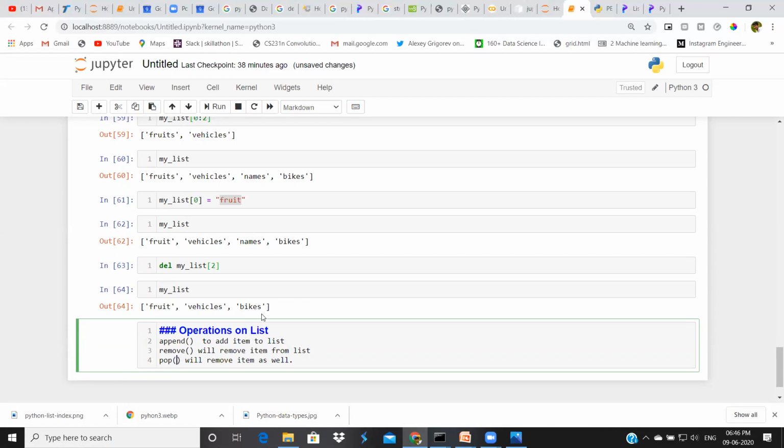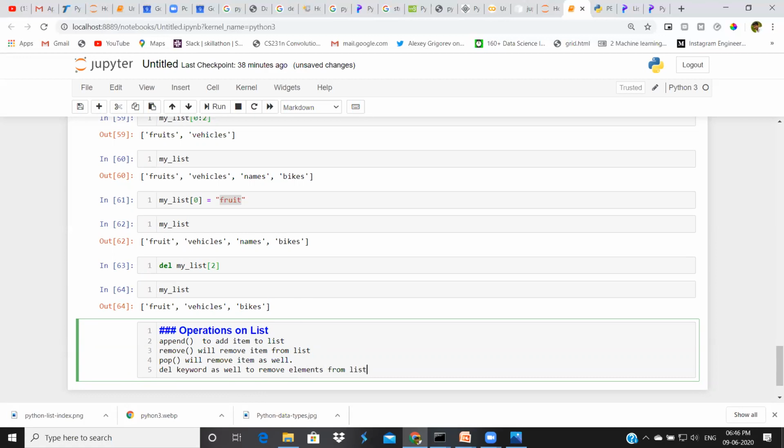If you apply pop, the last element will be removed from your list. If you specify a number, that index will be removed. You can use the del keyword as well to remove elements from a list.